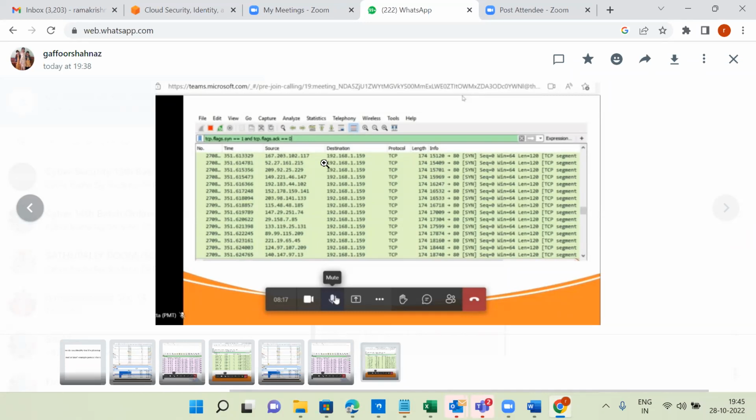Meaning here, between the user and the destination, is the TCP three-way handshake completed or not? Not completed. No, sir, just the request went. Exactly.